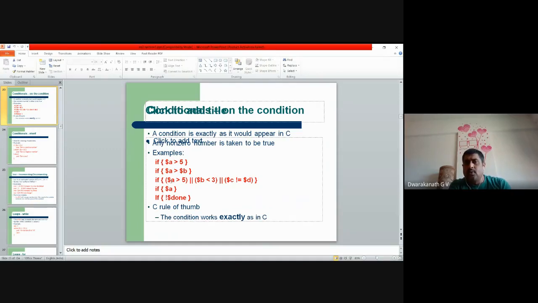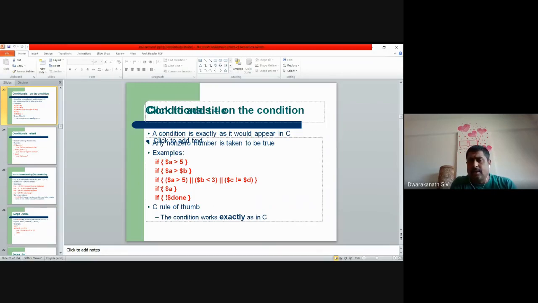If you want to give multiple conditions, you can use ampersand for and, not an issue. Two ampersand symbols represent and, two pipe symbols represent or. Same as a C program. A single value also you can give here, and a not value also, like a C program.